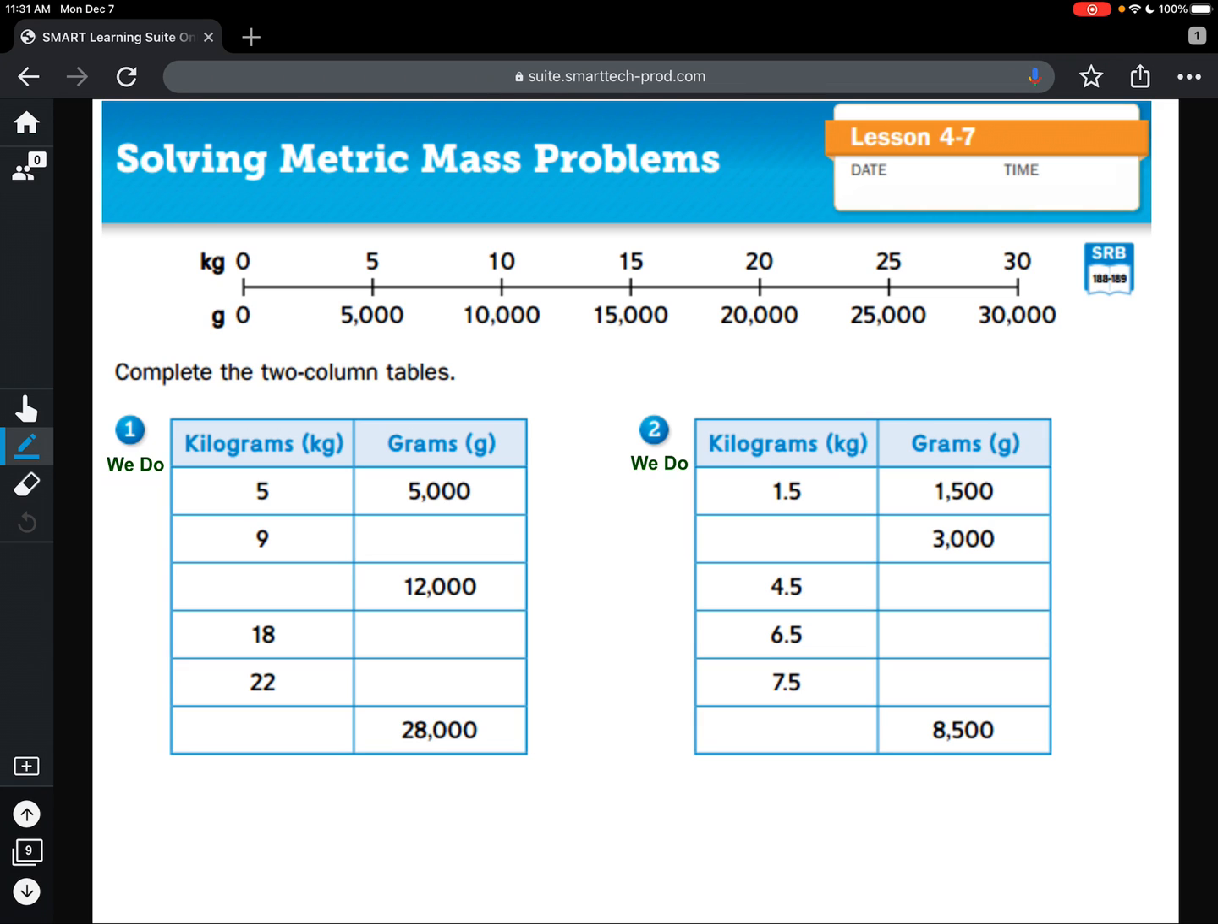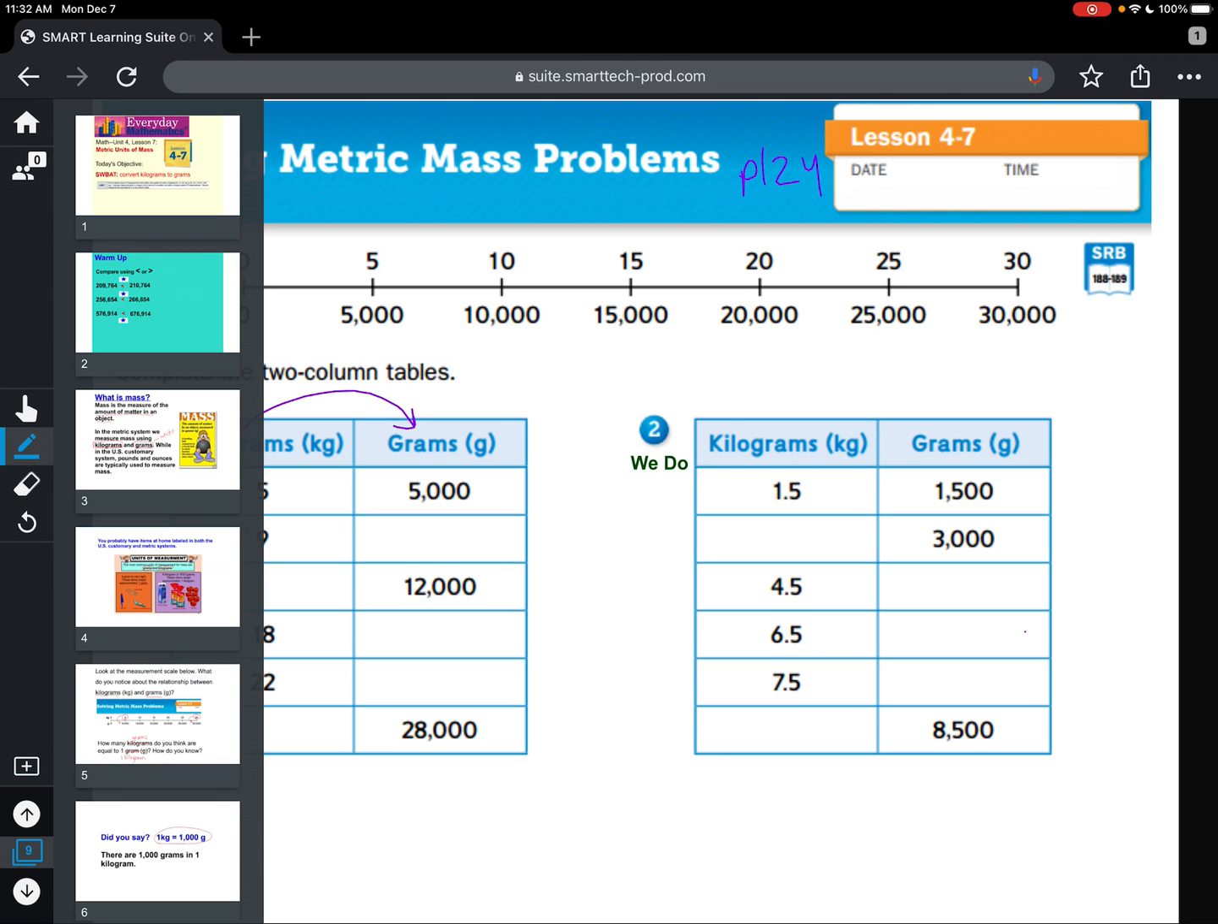Now, go ahead and turn in your journal to page 124. The directions say complete the 2-column tables. We're going to do some together, and you'll do some on your own. So to be able to complete it, I know that I'm converting from kilograms to grams. So when I convert from kilograms to grams,